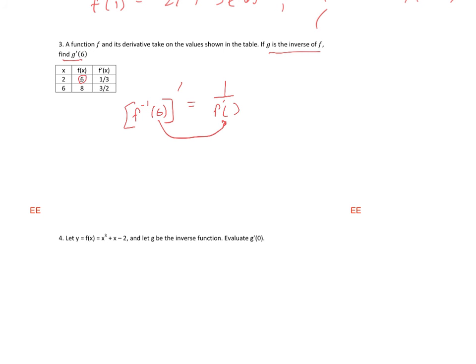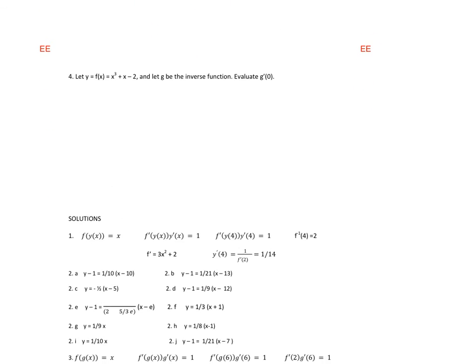So here's my 6 for the output. So I'm going to have to evaluate at 2 for the input. All right, so then f prime of 2 is 1/3. So then this is really 1 over 1/3, which is equal to 3. Common question style. Note that one for later on. It's a lot more common than the first